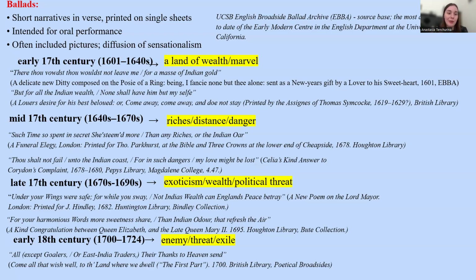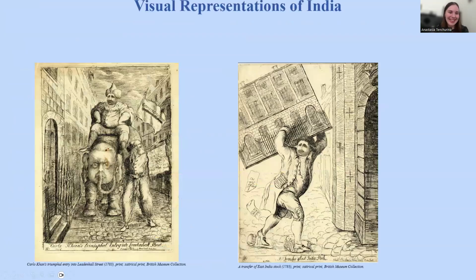And finally, over here, the later reference adds another dimension as India's place of exile, as escape and reinvention, where some disreputable people might live for Indians. And next slide, please. Yeah, I would now move to the final part of my presentation, the visual materials, very shortly, and particularly satirical prints from the end of the 18th century,